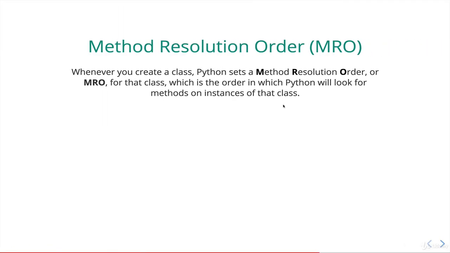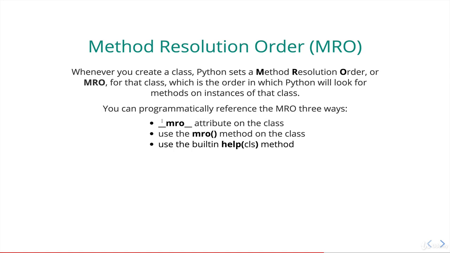Instead, I'm going to show you 3 different ways just to access and see the MRO for a given class, so that if you're working with your own class or a class that someone else defined in an external module, or even a built-in thing, and you just want to know what the MRO is, you have 3 different ways to find out.